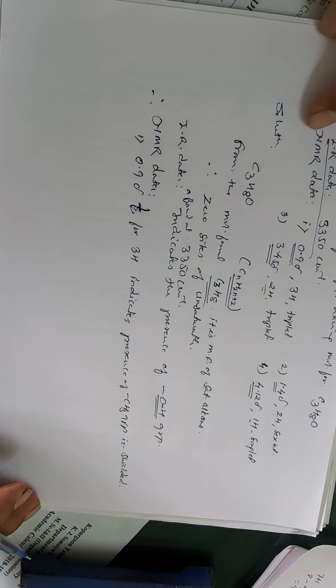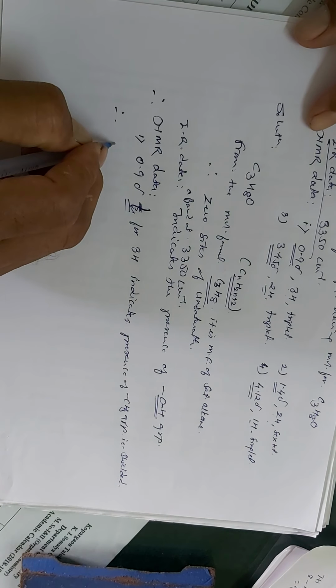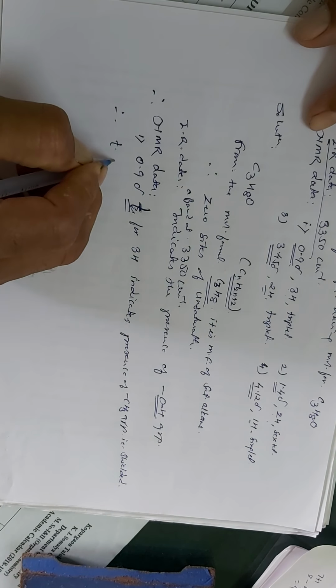And so this shielded CH3 group gives a triplet,